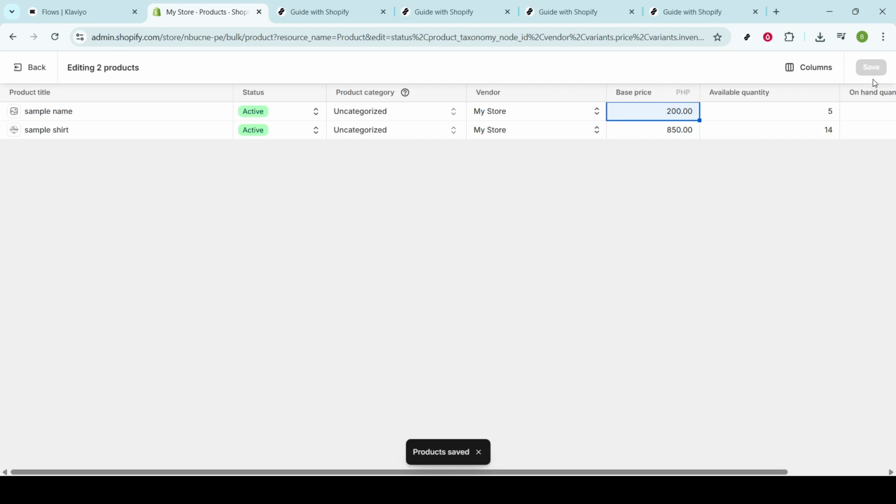And there you have it. You've successfully edited the prices in your Shopify store. This process may seem daunting at first, but with practice, it becomes an efficient part of your store management routine. Keep in mind the importance of regular reviews and updates to your pricing, as this can significantly impact both your